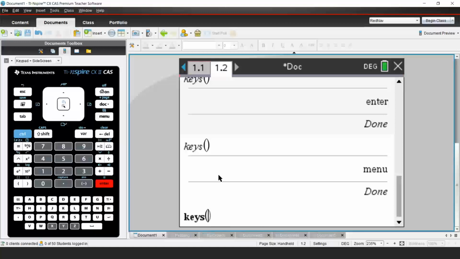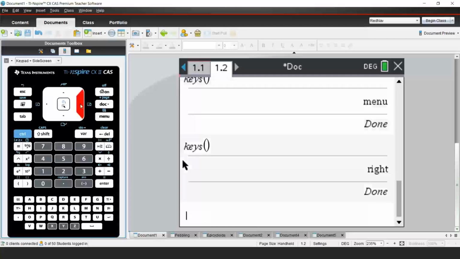And it's not doing anything. It's just waiting for me to press a key. So I'm going to press the right arrow. Oh, look what the key says. It says right. So I'll run the program again